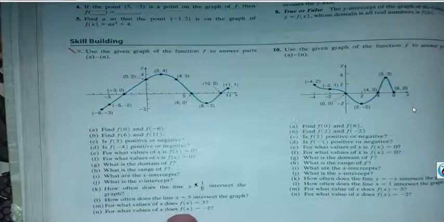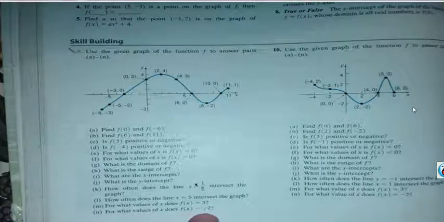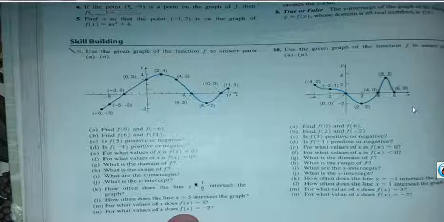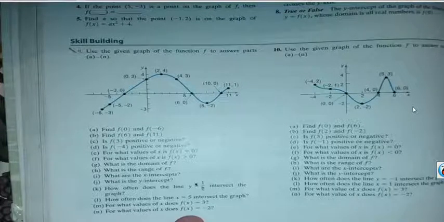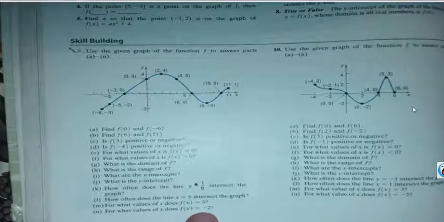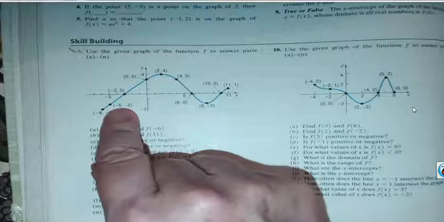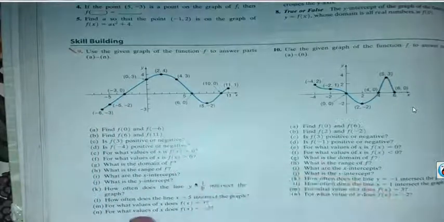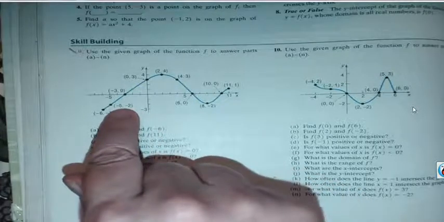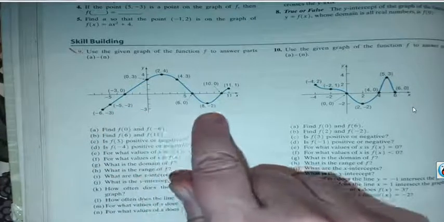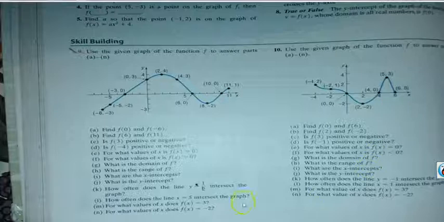For what values of x does f of x equal -2? F of x is the same thing as y. So for the points that have a y coordinate of -2, what are the x coordinates? That's what this is asking you for. So find the points whose y coordinates are -2. There's 1, and there's 1. So for what values of x does f of x equal -2? When x is 5 and when x is equal to 8. That ends this